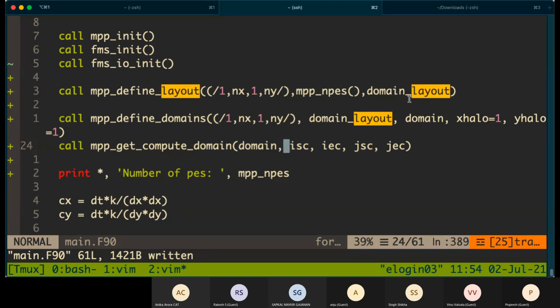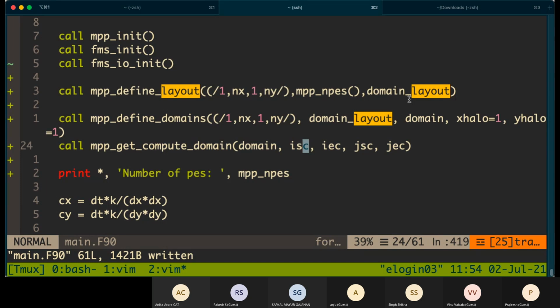So ISC is the lower bound. The naming is something like this: I, because it's in the I direction, X direction. S is starting, and C is compute. I'll tell you there is another domain called data domain and compute domain, and the difference between those two. Wherever the computation is happening, that's the compute domain. So C is for compute domain.